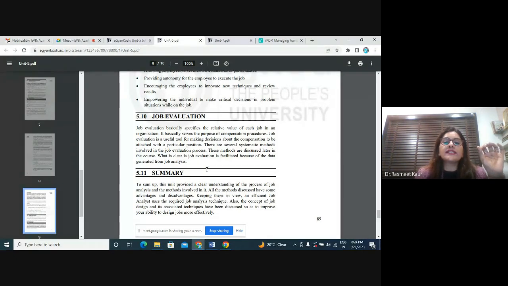Suppose I took an example a few minutes back of a compensation manager. I don't know who in my organization will be appointed as the compensation manager. But looking at the nature of the job, the skill set which the compensation manager should have, and the rank where I'm placing that job in my organization, I'll be fixing a certain worth to that job. That is called job evaluation. That means I'm attaching a certain salary or compensation to that particular job. So you are evaluating the job and fixing a value to that job. Is it clear?